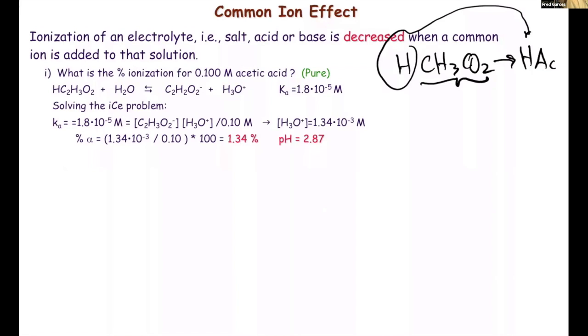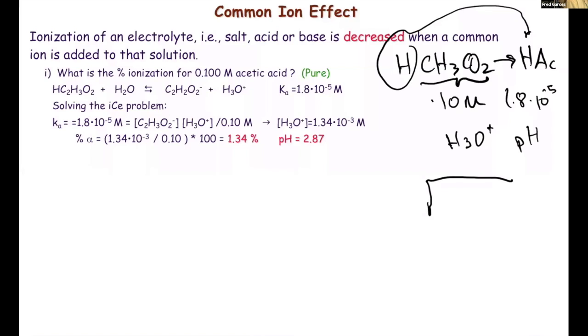Now, the question is, I have a 0.10 molar of this. My Ka for this is 1.8 times 10 to the minus 5. What's the amount of hydronium that is produced? And therefore, what is the pH? This is a classic example of doing the shortcut. The shortcut is going to be